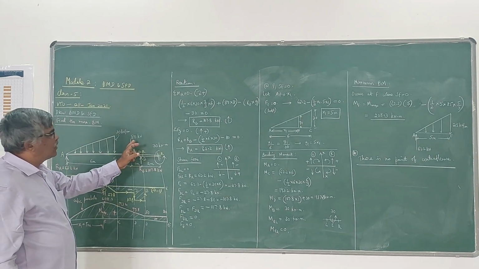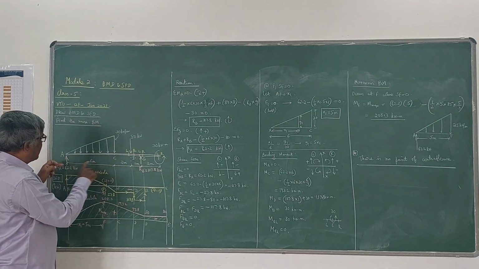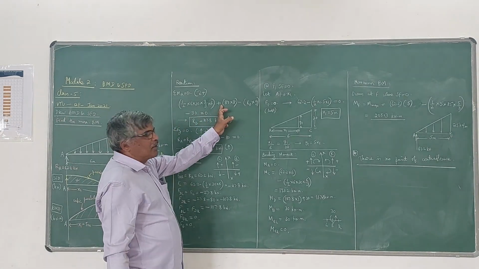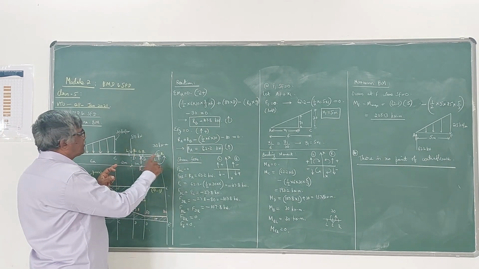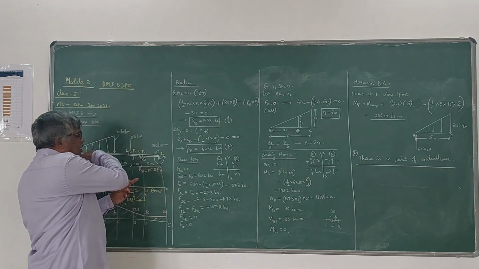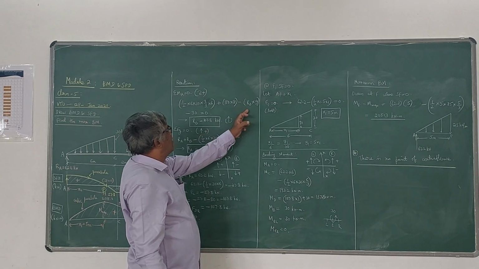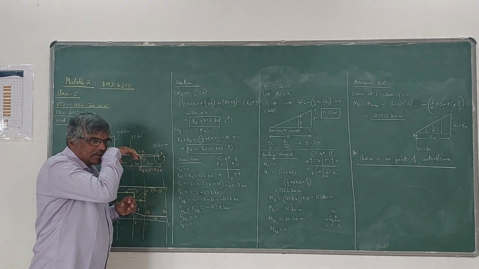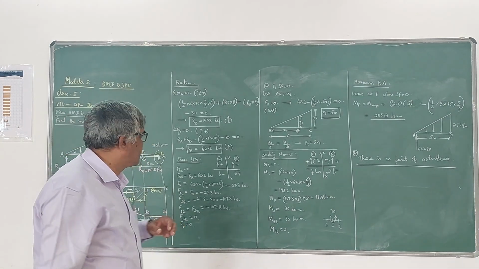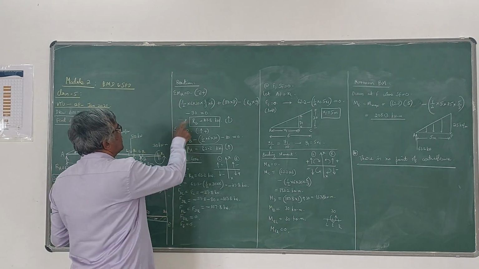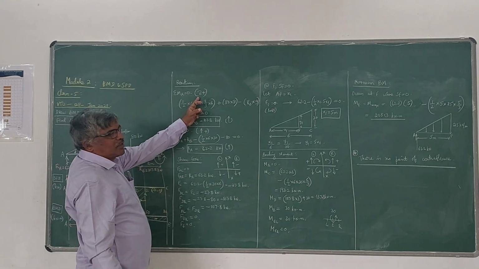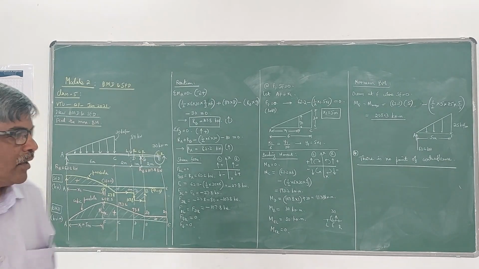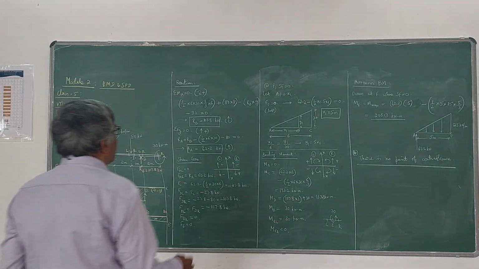Then this concentrated load will give a moment of 80 into (6 plus 2), 8 meters. It is also clockwise, therefore it is positive. Then this reaction is giving an anti-clockwise moment, so minus RB into the distance, 9 meters from A. Then for this moment, we just have to consider the moment, don't multiply by the distance. Since it is an anti-clockwise moment, minus 30 I am going to take because clockwise is positive, and equate it to 0. Solve that, and you will get RB as 107.8 kN.